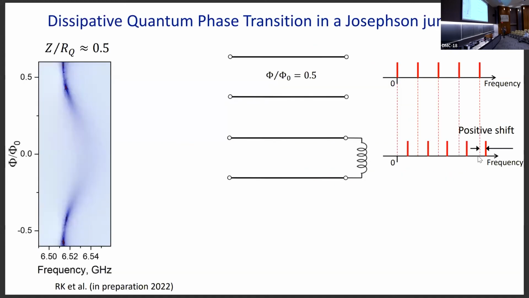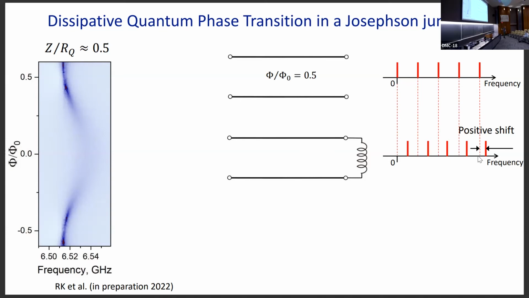So let me show you the experimental result. Here again it's spectroscopy, just one mode around 6.5 gigahertz, as a function of flux. As I said, at half integer flux quantum, we can see that the junction is not there. But at zero flux, you put it back, and the mode shifts to the right. And this shift to the right is what you expect from an inductor. When you have an inductor as your boundary condition, it introduces a positive phase and it shifts the modes to the right. And it's not a surprise, I said that junctions are used as inductors.